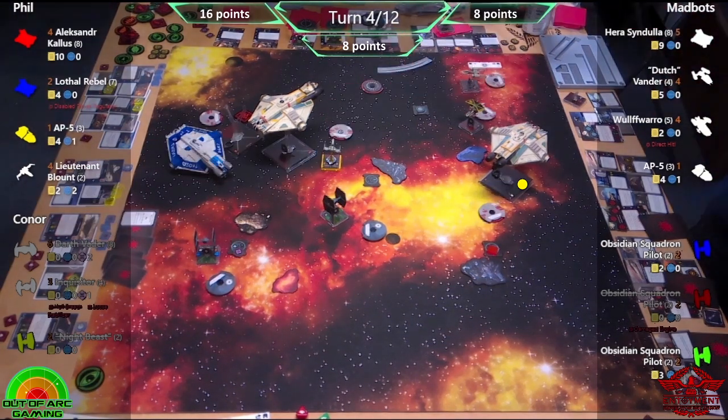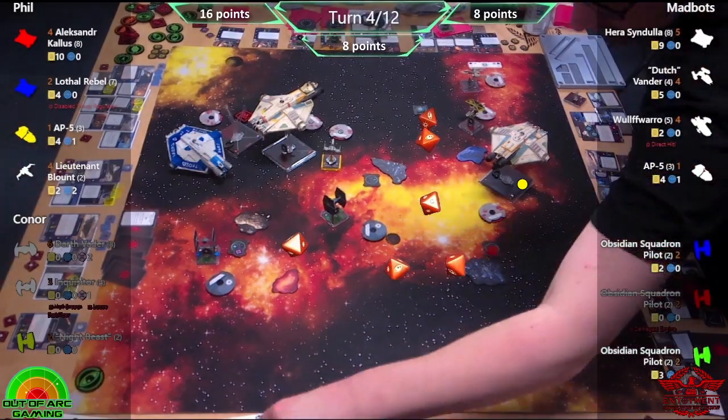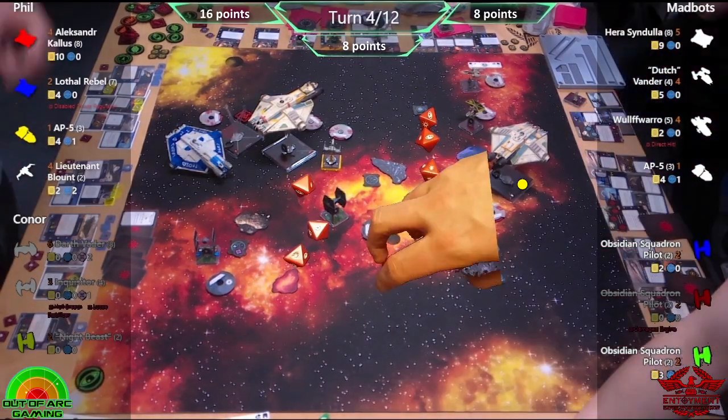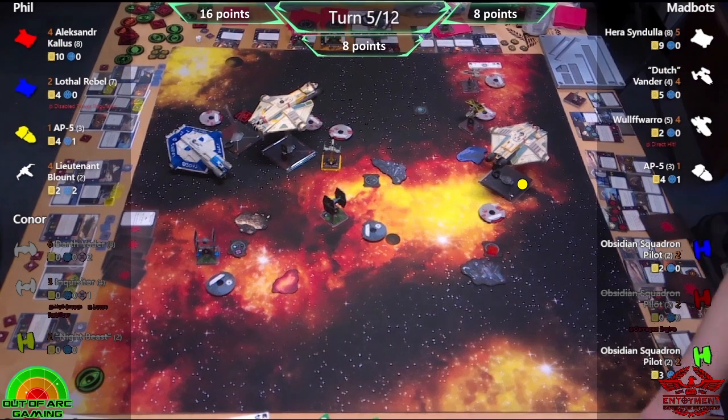Yeah, but we are heading into turn 4, and those points are drastically changing. 16 points for myself, 8 for Madbots, and 8 for Conor. See, at this point, surely Madbots and Conor are both looking at the points going, hang on a minute, truce? Yeah. Suddenly, we are joining forces, but...